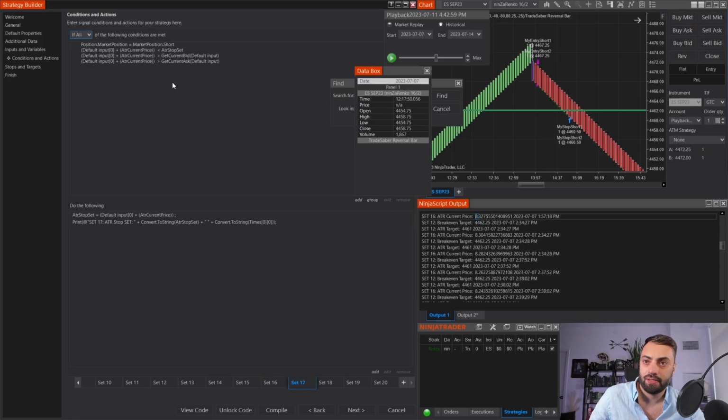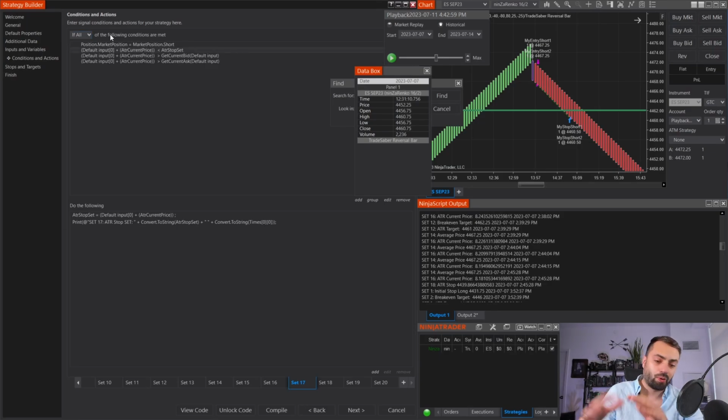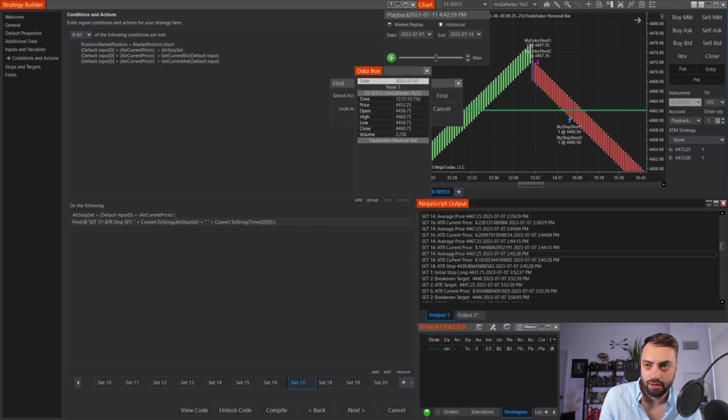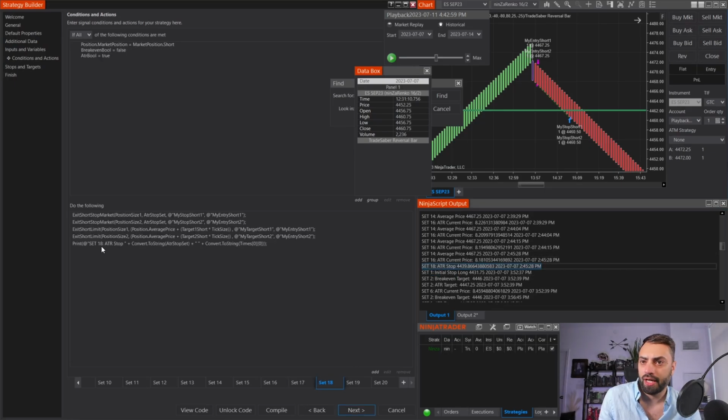Set 17, we are looking for our ATR stop set. So one of the conditions for set 17 is our current price plus the ATR price from set 16 needs to be less than our current ATR stop set. Set 17, I'm not seeing printing, but I do see set 18 printed. So our ATR stop was set at